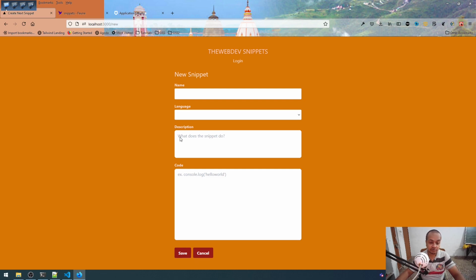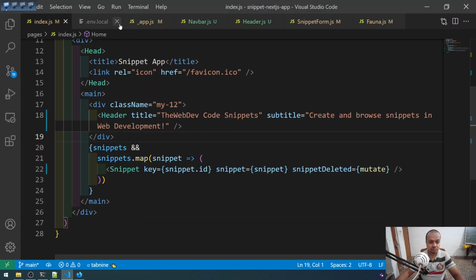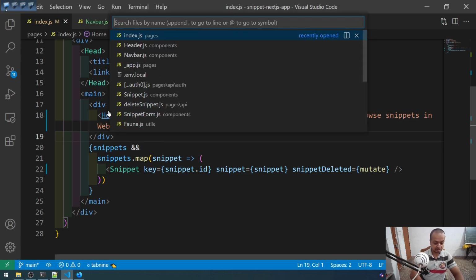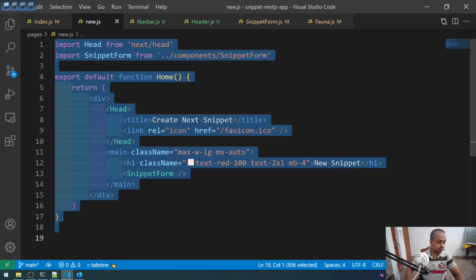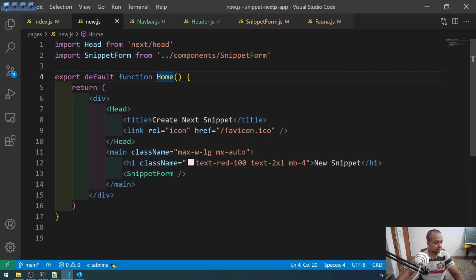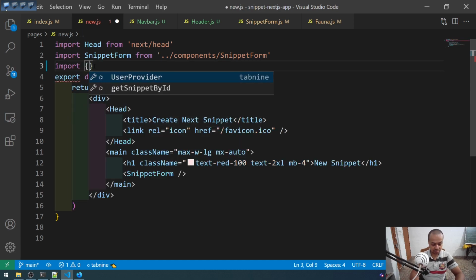So we need to protect this route. This is known as protecting the route, which is very important. Now how to protect the route? We are protecting this route, so that route is new. So we'll go to this new, and with Auth0 it is very easy to protect the route because they specialize in these things only. So we will do an import with